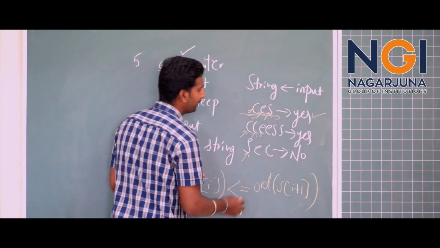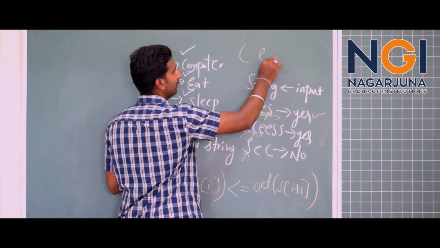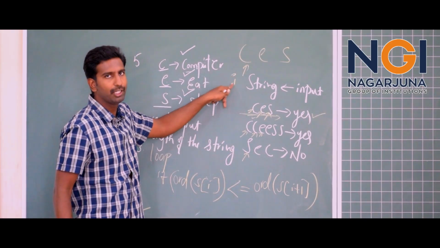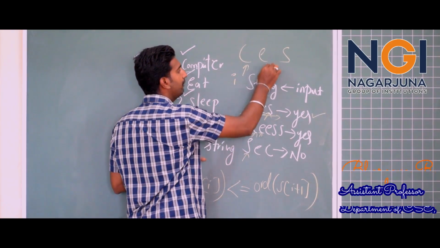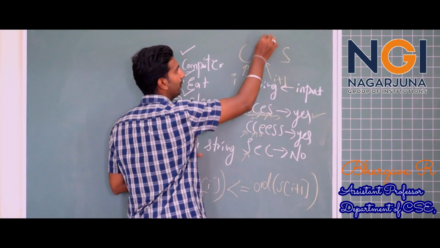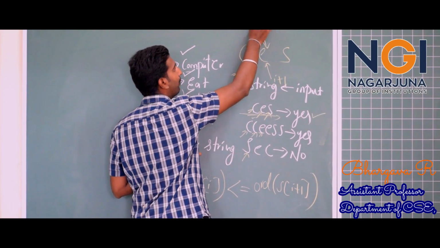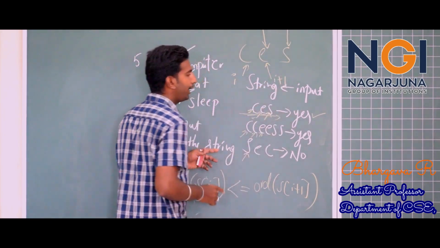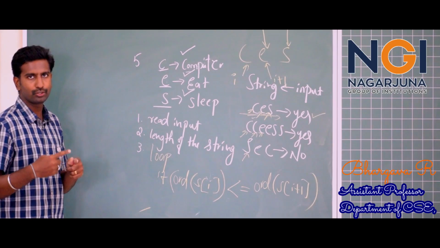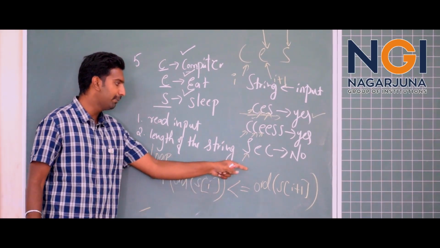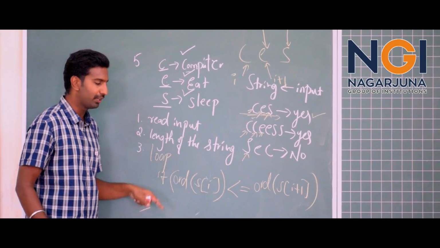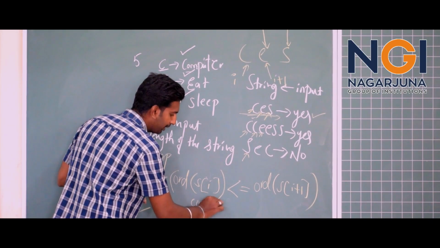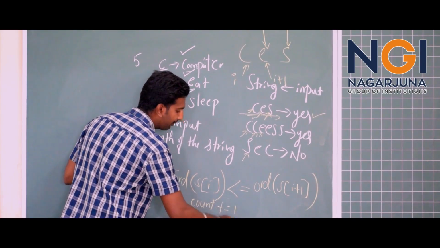Why am I giving this? If you take a string CES, and this is the character pointed to by my iterable variable I, then E will be at the position I plus 1. So if this is pointed to by my iterable variable I, then the next one will be at index number I plus 1. So I need to compare two consecutive elements. In those cases, I will go with this condition. If this condition is true, I need to use some flag variable or count variable. I will use a count variable and increment it by 1.